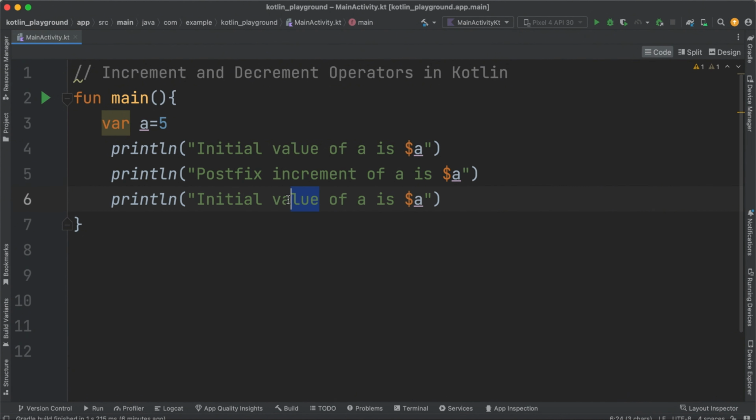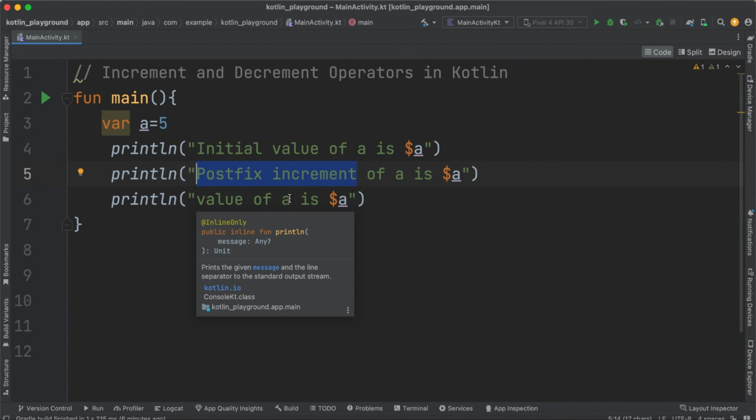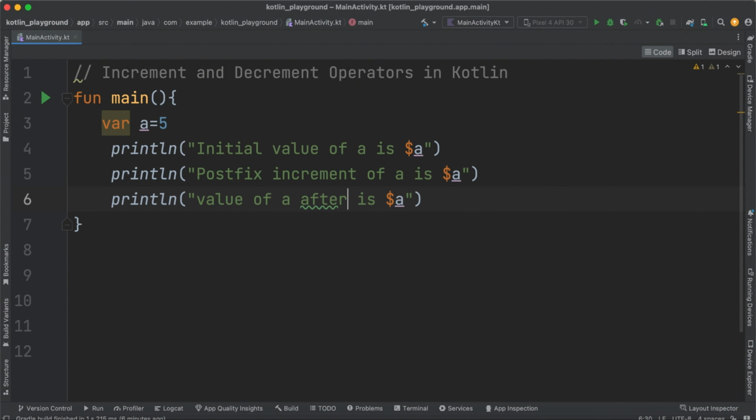And here I will print the value after postfix increment. Okay, so here I'll change this to expression, and I'm going to add a plus plus at the end